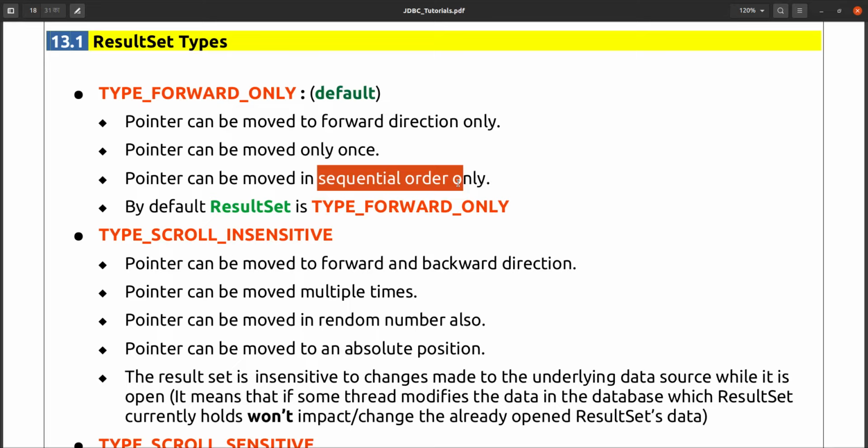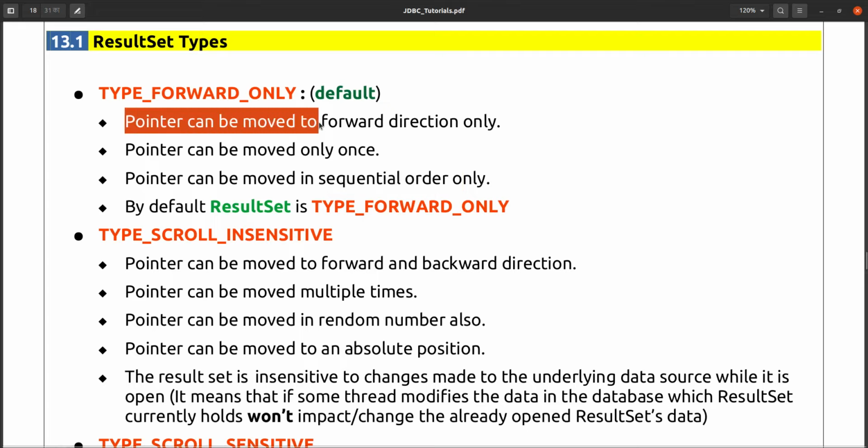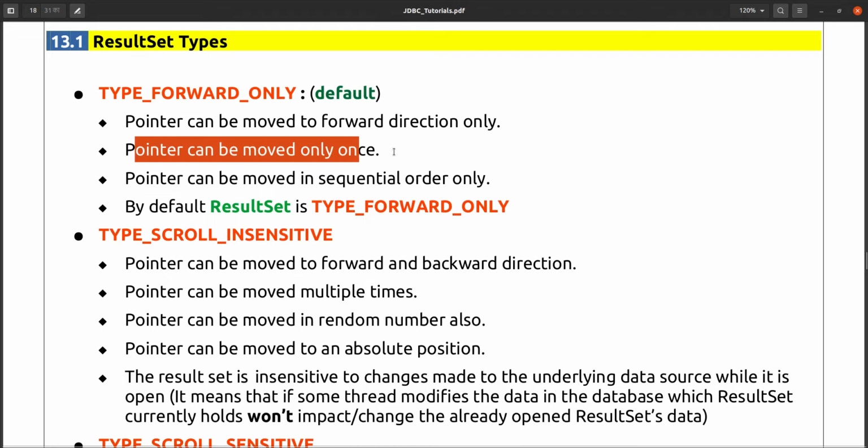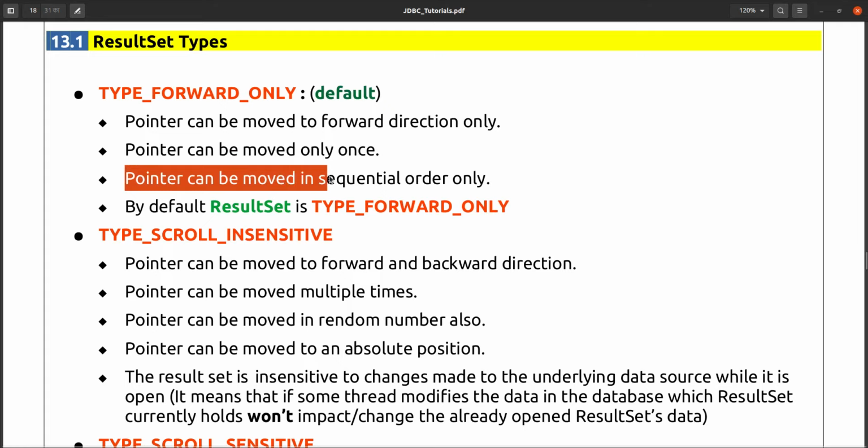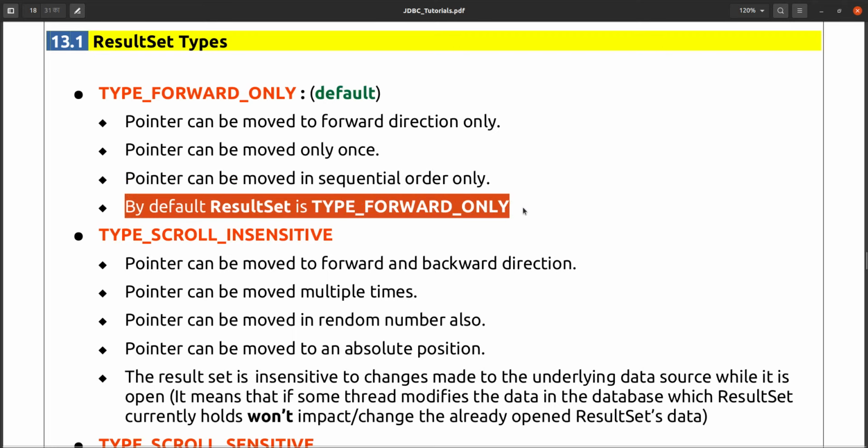So type forward only can be moved in sequential order, and by default the result set is type forward only. So what type forward says: the pointer can be moved in the forward direction only, the pointer can be moved only once, the pointer can be moved in sequential order always, and by default the result set type is type forward only.